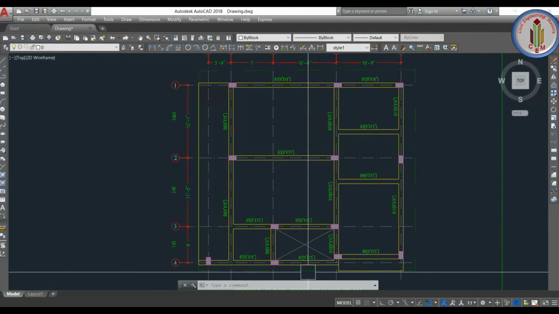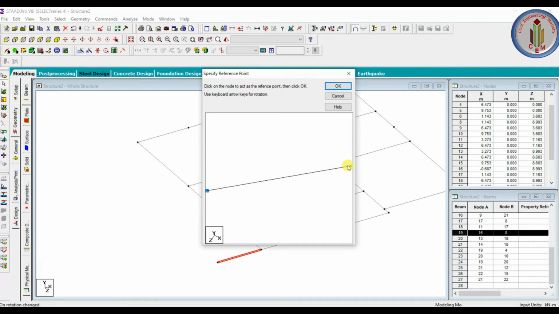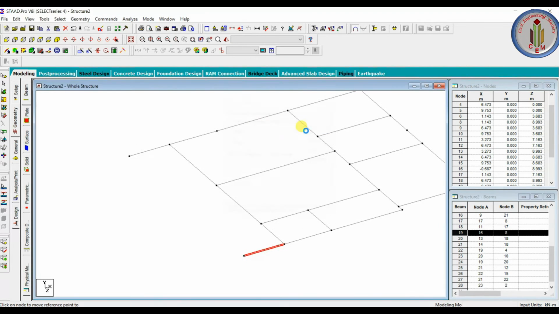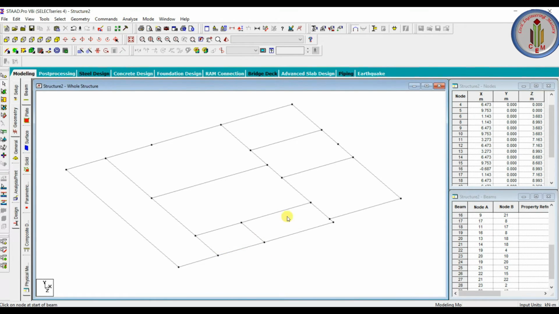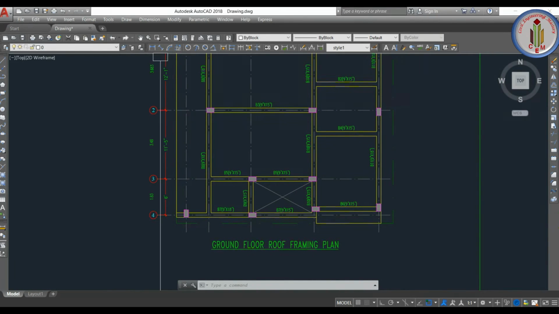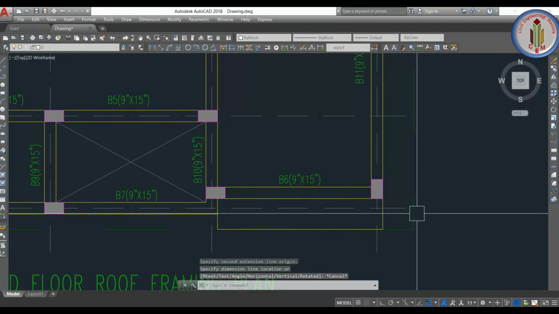So let's add that one too. Take this one as reference point and then you can paste here. So now you got this cantilever slab projection. So this is here, and then here let's see how much is there. 2 feet.